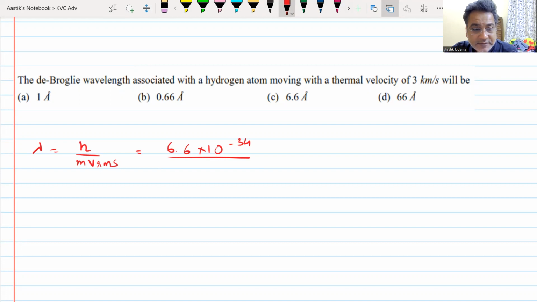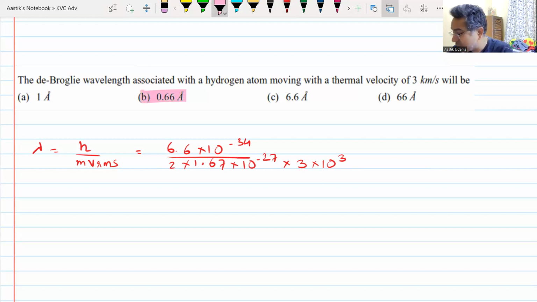VRMS, mass of the hydrogen atom. How much is the mass of the hydrogen atom? 2 into 1.67 into 10 raised to the power minus 27 kgs, multiplied by VRMS, which is 3 into 10 raised to the power 3 meter per second. Multiply, divide,